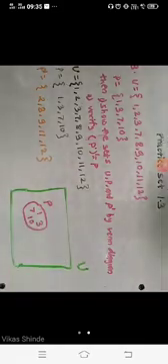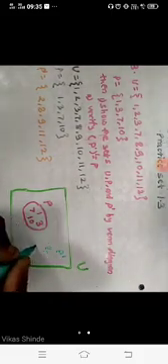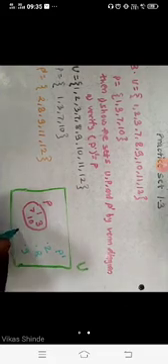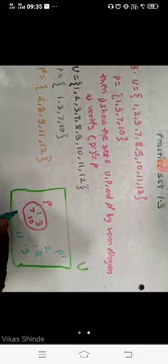Then apart from that we have to write P dash. So in P dash we write the remaining numbers: 2, 8, 9, 11, then 12. This is P dash here, and the universal set is the combination of P and P dash. This is your answer, student. Okay, this is the first one.